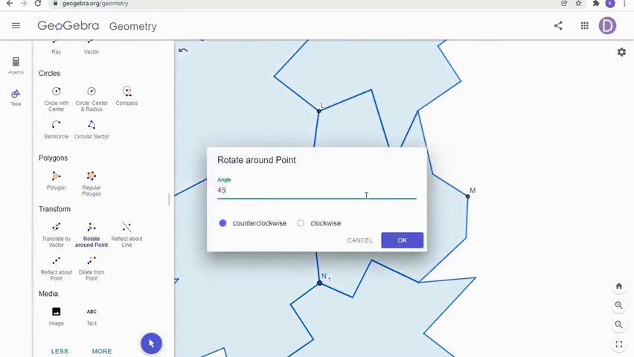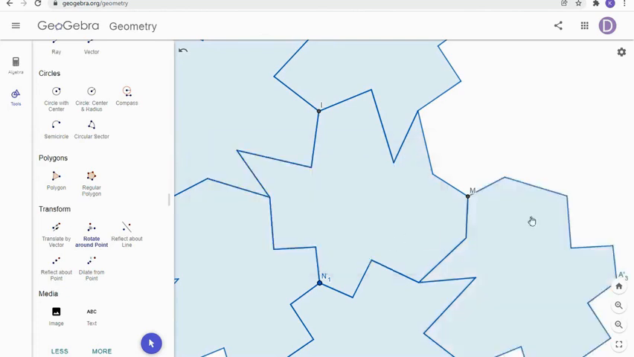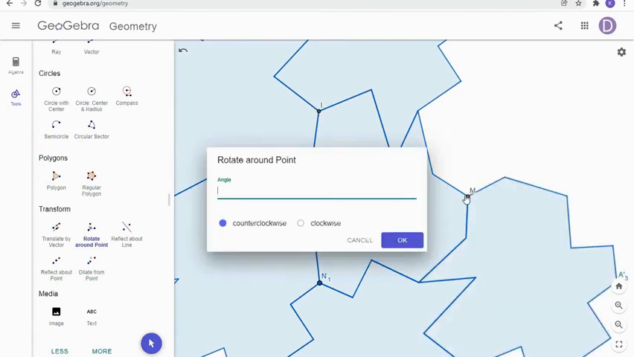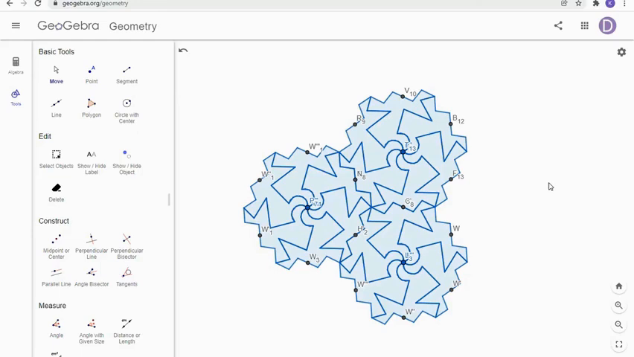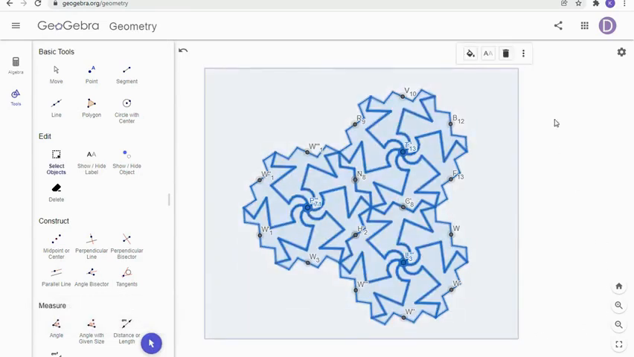If you do one full rotation of a hexagon, you only get 3 copies. So make sure you're doing a lot of copying. So no points, no segments. Let's do this again. So select objects, select everything,